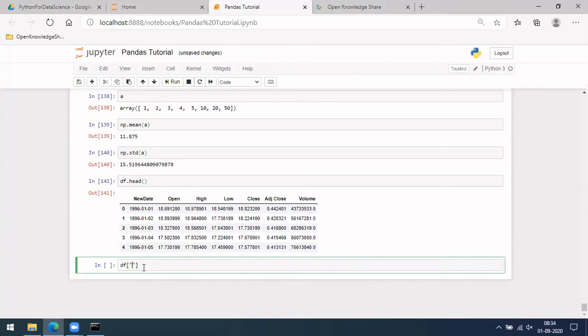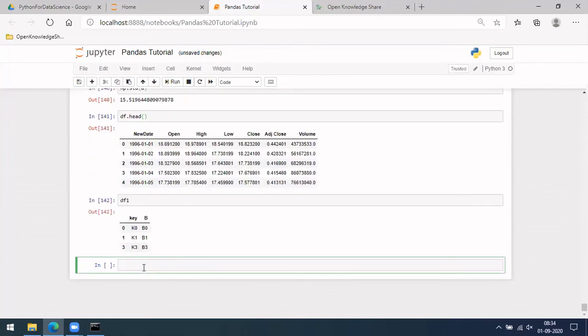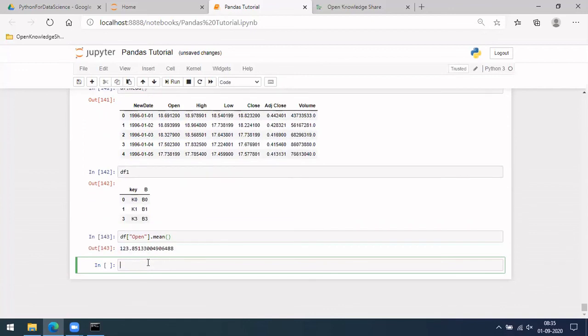In case you want to do a few operations here, let us say on the open column, you can get the mean directly here, the standard deviation directly here.